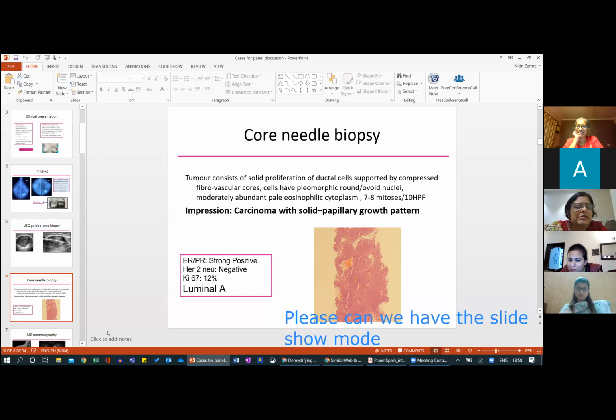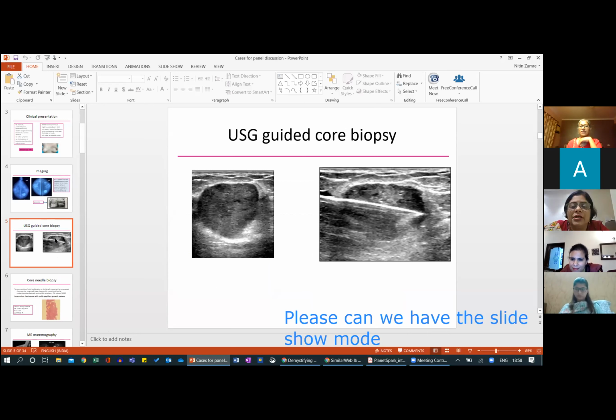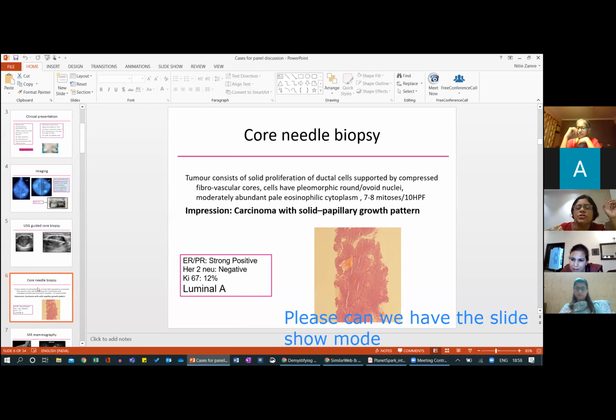So two things. If you look at the ultrasound, and if you remember the ultrasound that I showed you of encapsulated papillary carcinoma, it's quite similar to what you have shown. So this is the typical appearance of an encapsulated papillary carcinoma. So basically this is a tumor which does not have a myoepithelial layer. So one important message is to do a myoepithelial marker. You will never get a cyst wall in a core biopsy, so you do a myoepithelial marker and look at the junction, because you always have papillae.